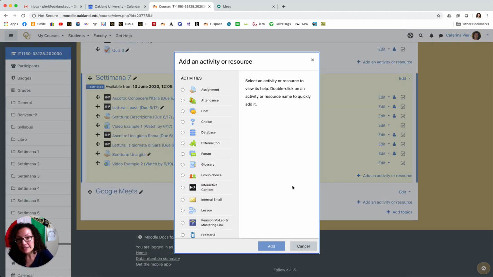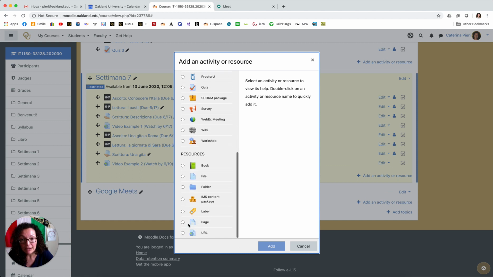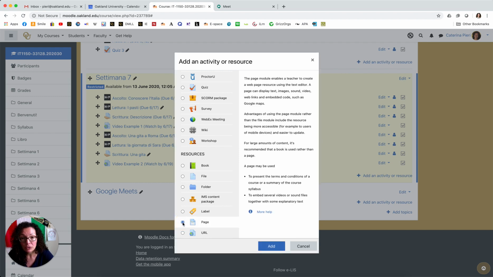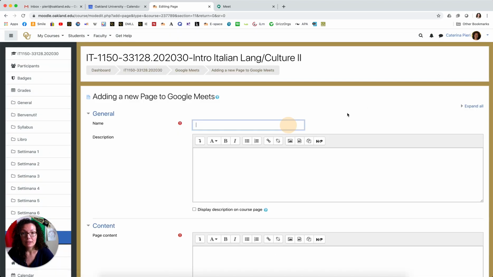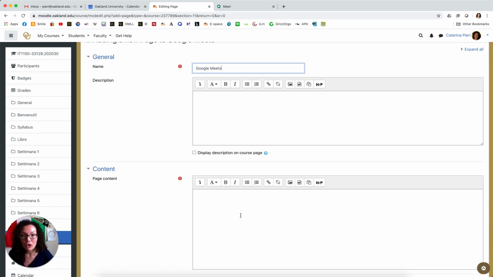In this instance, I would say you can simply use the page option, the page resource. So click here and add. And then so this is the name of the activity, and then the content could be even just simply the link to the meetings.